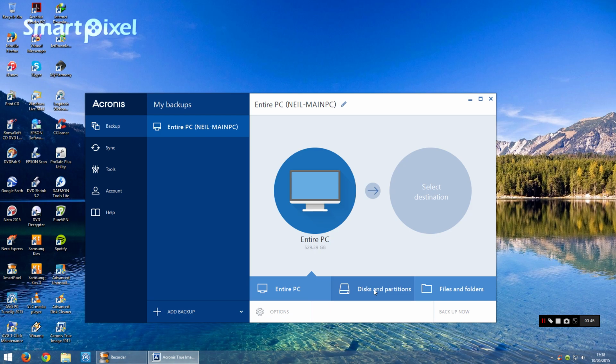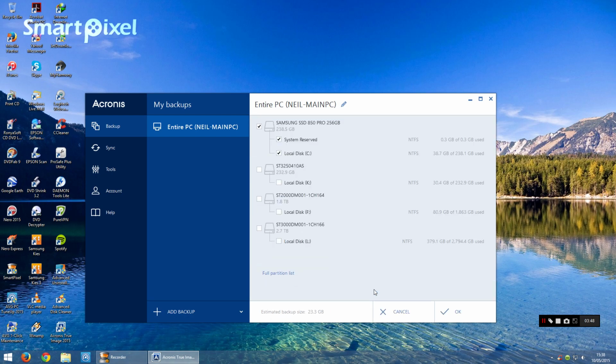So you click on disks and partitions and click here first, full partition list, and basically on this list here it will show all your hard drives you've got available. In my case, because I've got nothing I want to back up on my F drive at the moment, I just choose my C drive, which is here, and I'll make sure that all three boxes are ticked. Okay, once you've done that, click OK,